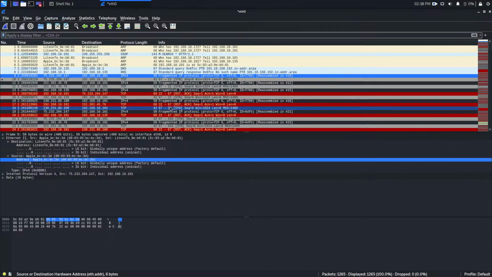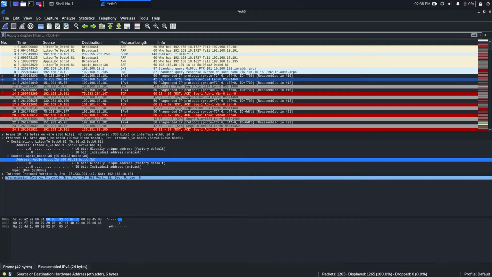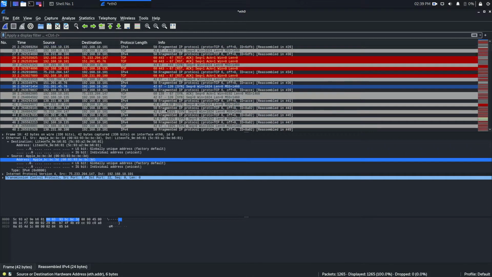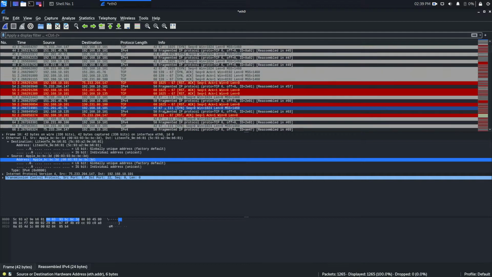So all the requests going to the target must come from 67. As you can see, with source port 67, you are sending the SYN packet to port number 22. The source port will always be the same, but the destination port will always change. The point is that in the firewall rule, if this port is allowed, because it belongs to DHCP, the firewall lets your traffic pass.